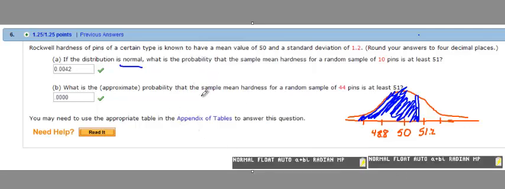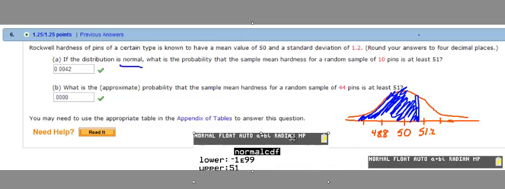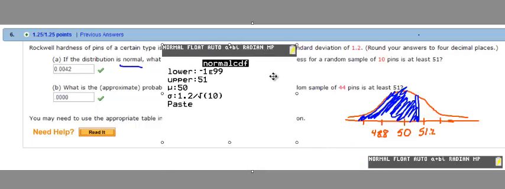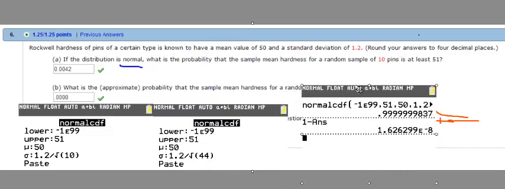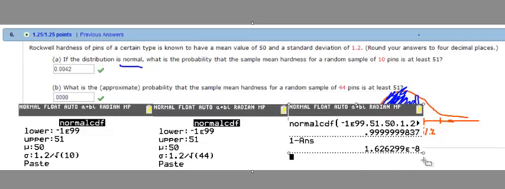For the B part in this question, it's kind of a strange little question. Well, it's not really the question itself, but the answer that is actually strange, because the only thing I would change is this value right here: instead of a 10, everything is exactly the same except this 10 is now 44. So I took a screenshot so that you could see the difference. See, the only thing that I'm changing is this 44 here, because that is my random sample number. So when I key it in, what I end up with is this number right here,